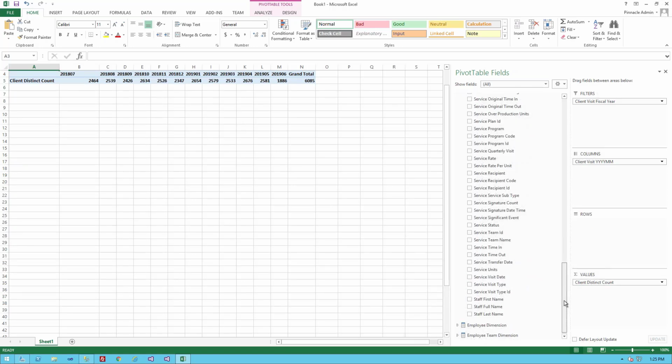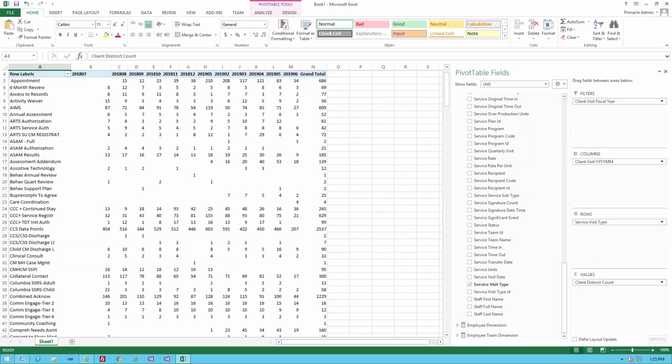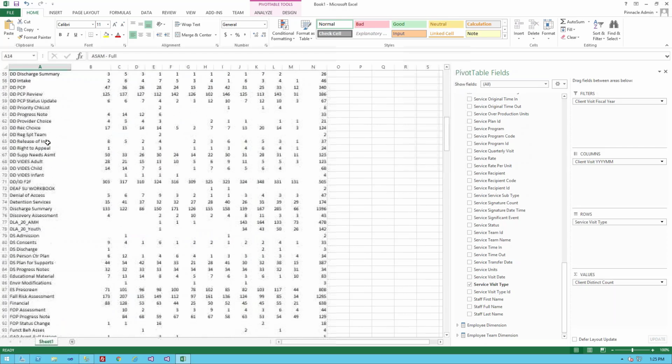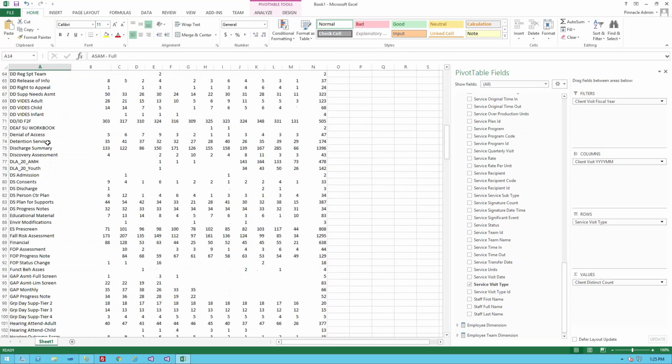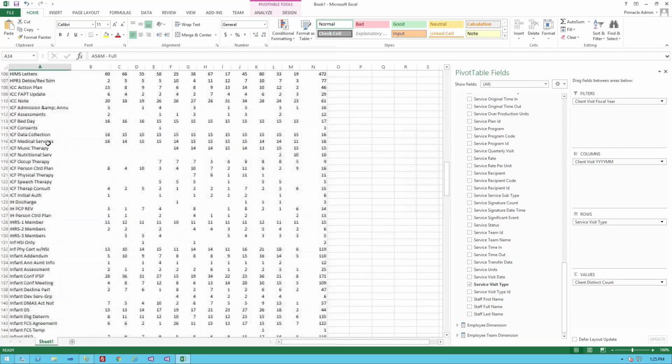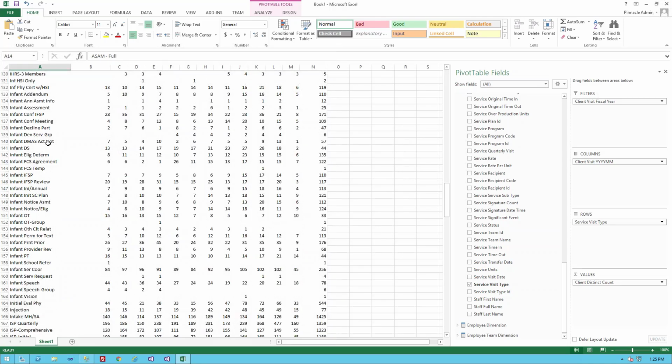Let's see, what is this? Service type, service visit type. Let's take a look at that. Okay, so there's our service visits, the various service items. If you're in a profiler system, those are service items or CCP. And we can see all of those